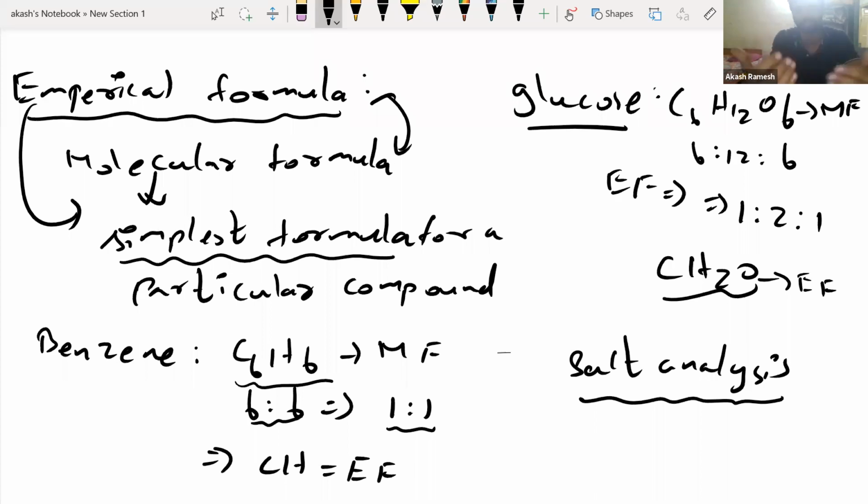I think you would have done everything. If you look at the tabular column which you have written in your record notebooks, you know the step by step procedure. How do we find out which is the cation, group 1 to group 6? All those things they would have introduced to you. And how do you find the anion? What are the different tests for that? Say for example, if it is chloride ion, what should be the test to confirm it?